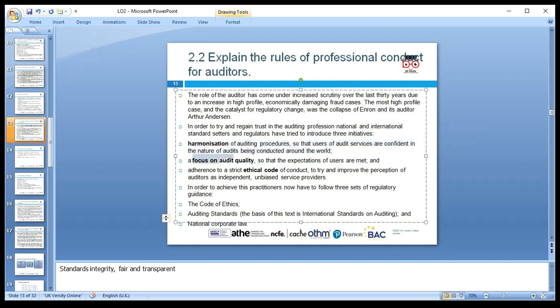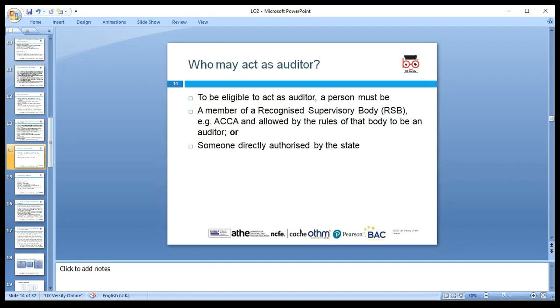The audit is focused on the quality of the audit. It's not meant that you tick the box where you say the audit is being done; you physically check it. And others are the ethical codes, which are set by the IESBA, the International Ethics Standards Board for Accountants, which gives the ethics to the various people, unbiased. The code of ethics and auditing standards are based on the context of the international standards on auditing, which we are discussing here.